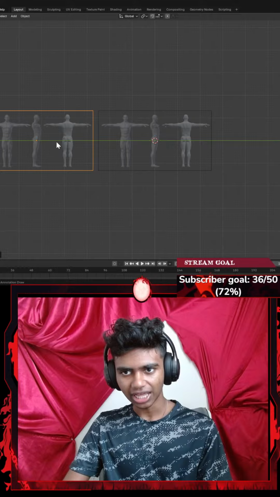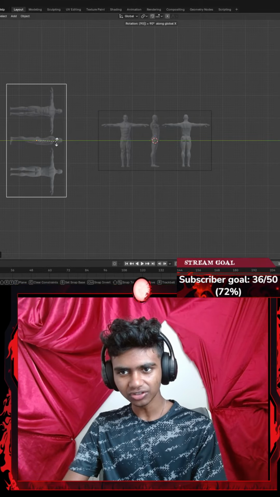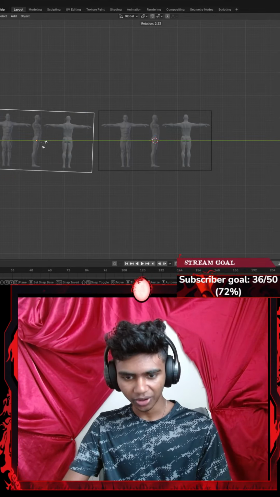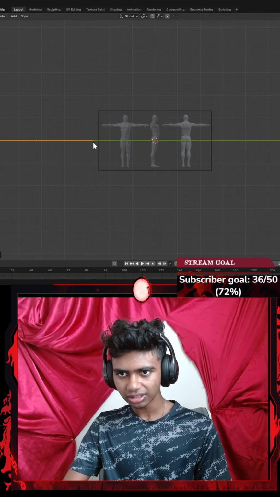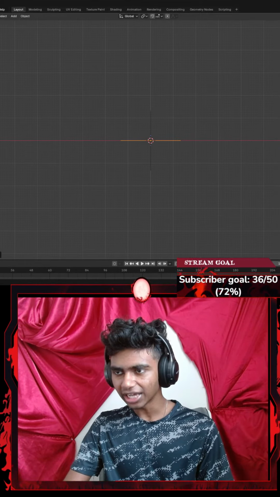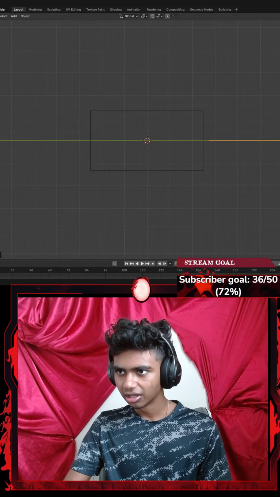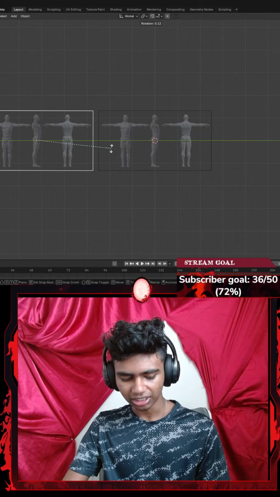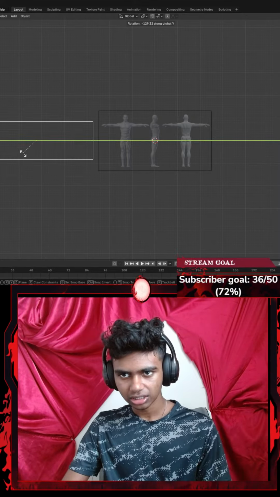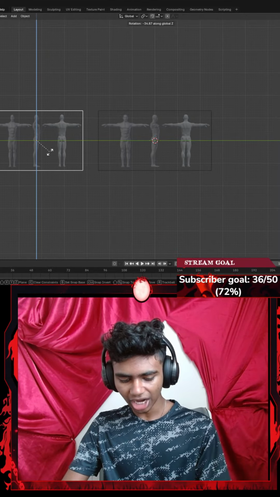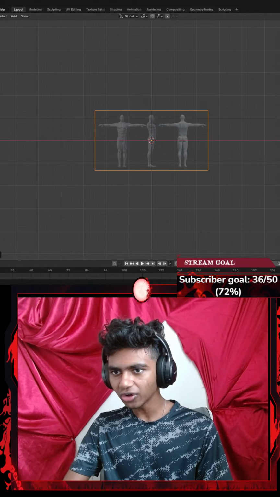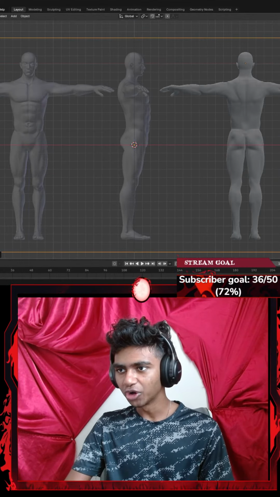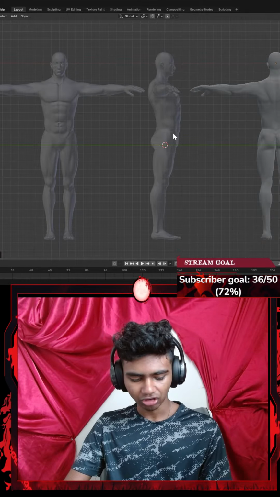Then I'm going to press R X 90 to rotate it 90 degrees. Okay, I think I rotated it the wrong way. Let's go with Control Z. I'm going to go with R Y 90. Did I rotate it properly? I think I messed up again, guys. Hold up. Okay, let's go with the negative x-axis here. Control Z. I could rotate it this way on the y-axis. Maybe the z-axis. Oh, there we go. So it's R Z 90. Now if I go to the negative y-axis, I can see my side view, and if I go to my negative x-axis, I can see my front view.